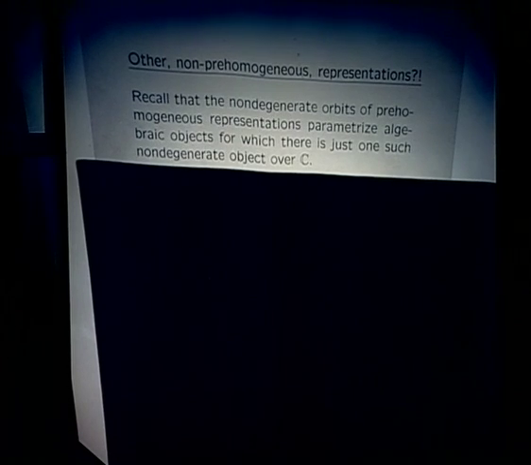Whereas for number fields, if you're talking about étale quintic extensions, there's only one étale quintic extension of the complex numbers, namely C to the 5. So